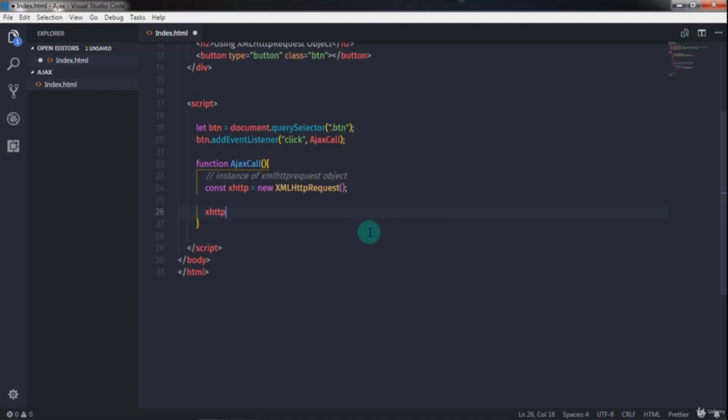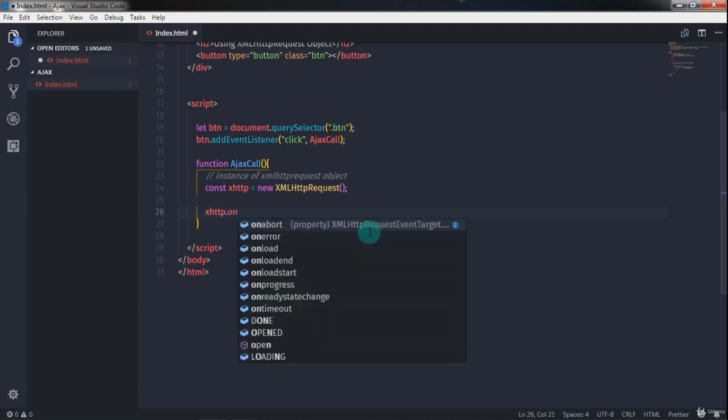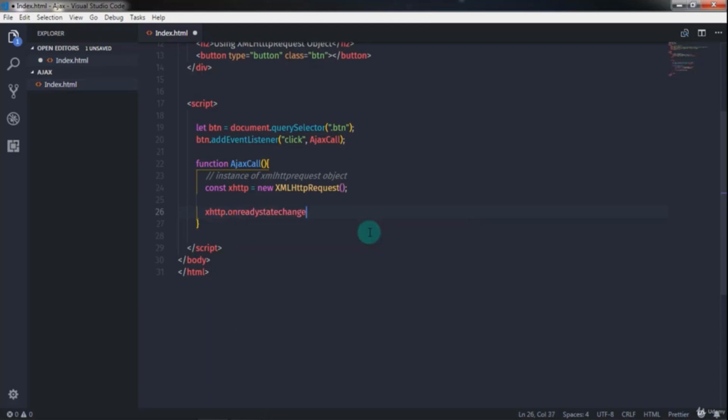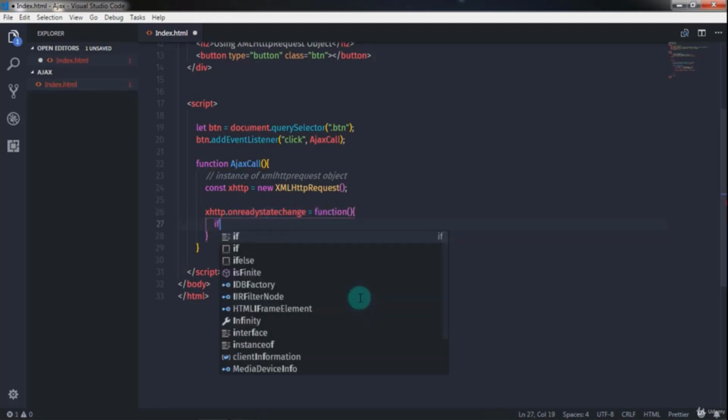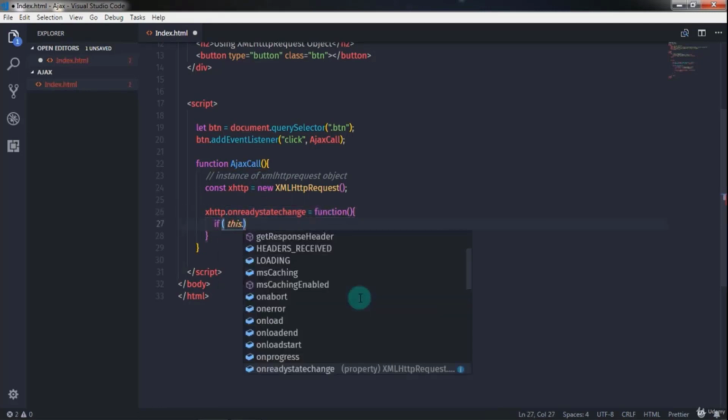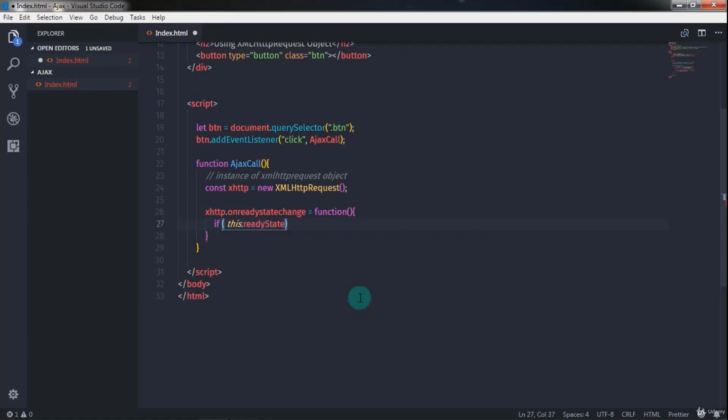So I will just say xHTTP. I will just call the instance and call the property onreadystatechange, right? So this is my property. So I will just call the handler function. So I will just say function here, and in this function I just wanted to create the if condition to check the response. So when the state is changed, I will just say if this.readyState is equal